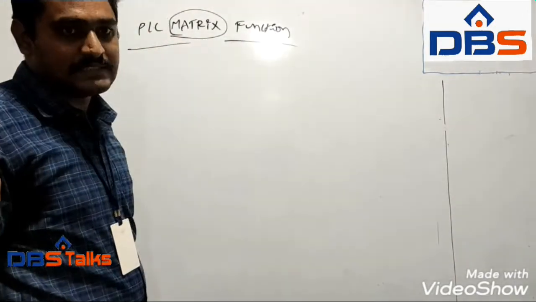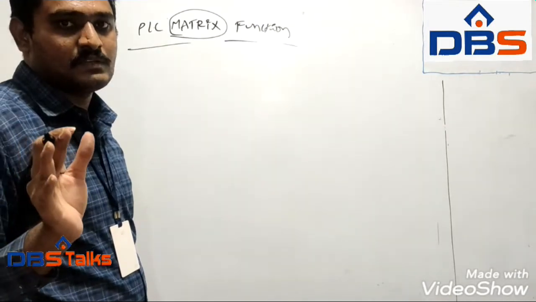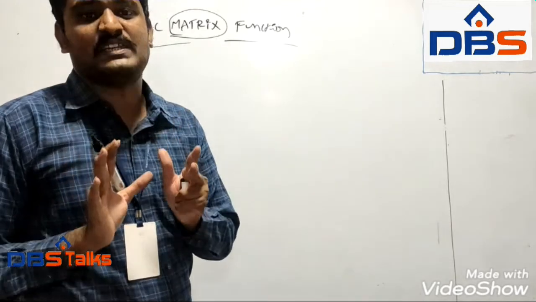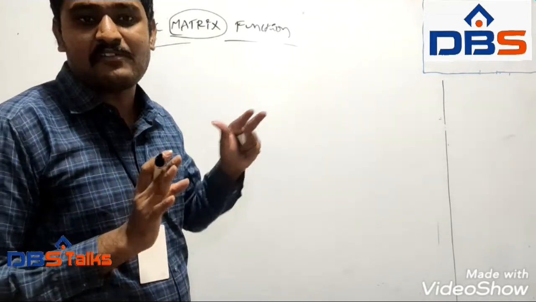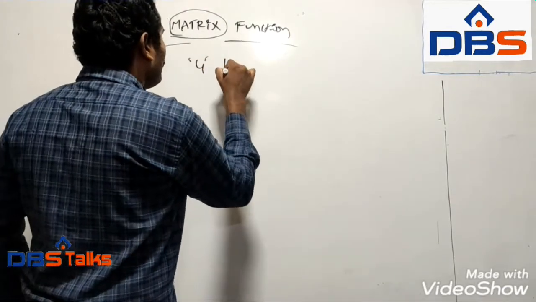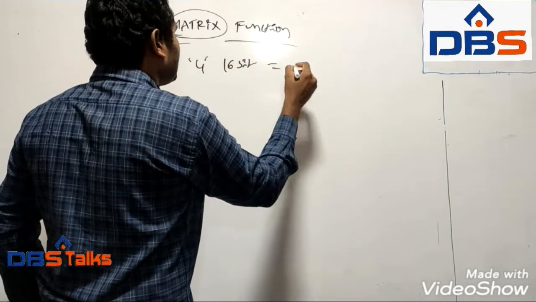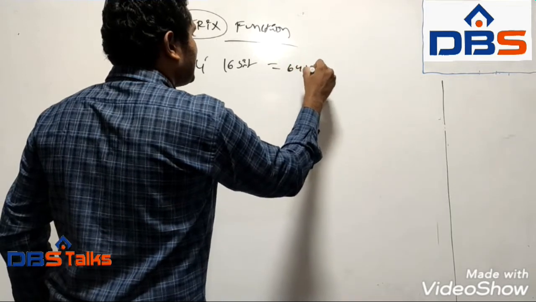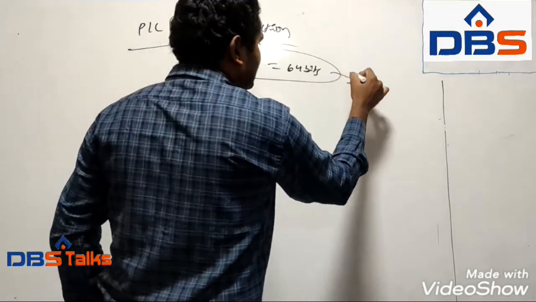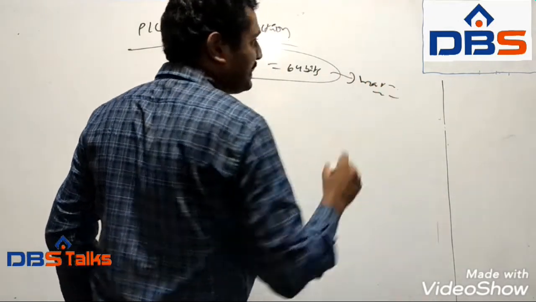So two matrices contain a total of 64 bits. But in this case I have to use only 53 outputs. So that means we have to write a total of four 16-bit registers, so it contains 64 bits in size. So for four 16-bit registers we have to use two matrices: one is matrix A and one is matrix B.